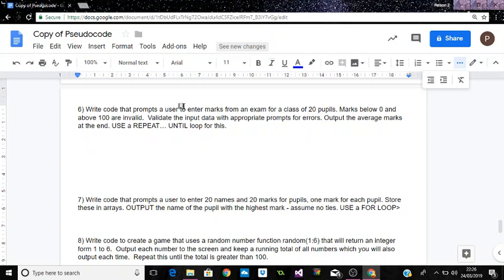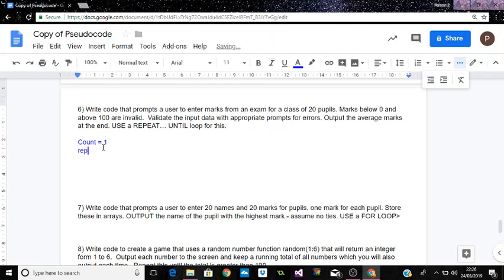So write code that prompts the user to enter marks for an exam for a class of 20. So we're going to repeat something 20 times, and marks below 0 and above 100 are invalid. So we're going to write a validation rule like we did in the first exercise. So let's start by using repeat until, and so we'll have a count, and count is assigned the value of 1, and we're going to repeat